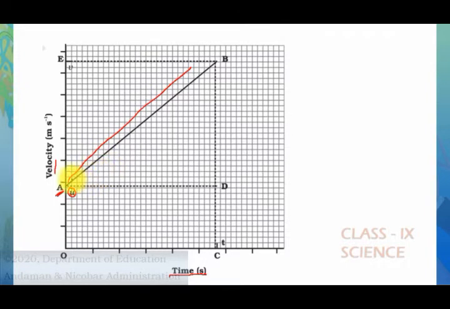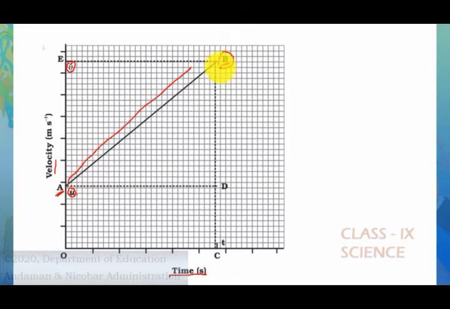So we can say that the acceleration of this body is uniform. From here we can see that the initial velocity is not zero. Here the initial velocity is u, that means the body is already in motion. From there it accelerates and reaches the point B, that is the final velocity. When the time is zero, the initial velocity is u. But when the time is t, the final velocity is v, which can be seen at point B.